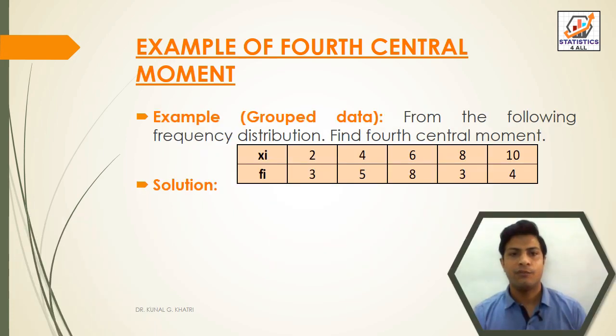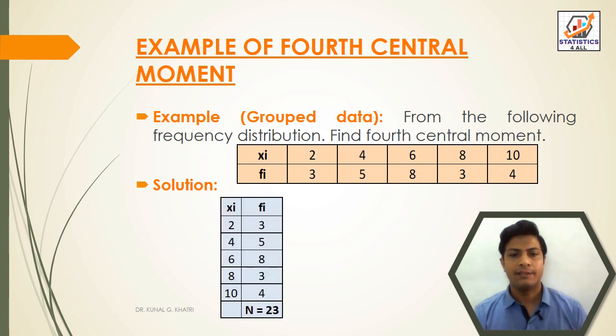Now another example for grouped data. From the following frequency distribution, find the fourth central moment. Here xi is given as 2, 4, 6, 8, 10, and frequency is also given: 3, 5, 8, 3, 4. We'll put this in table form, that is xi 2, 4, 6, 8, 10 and frequency 3, 5, 8, 3, 4. So here first we will find the sum of frequency. We get n is equal to